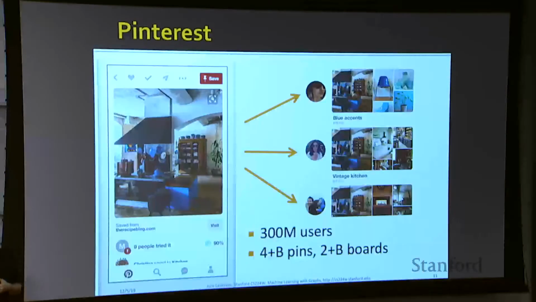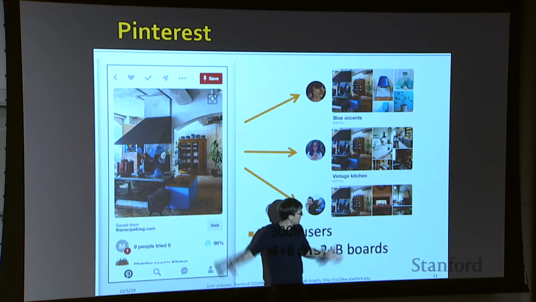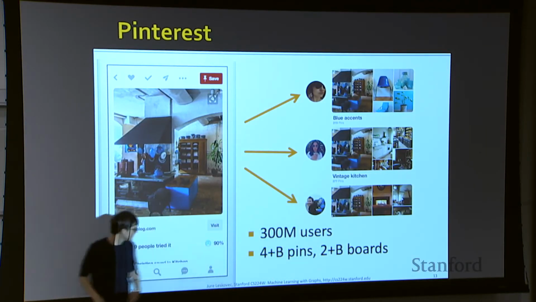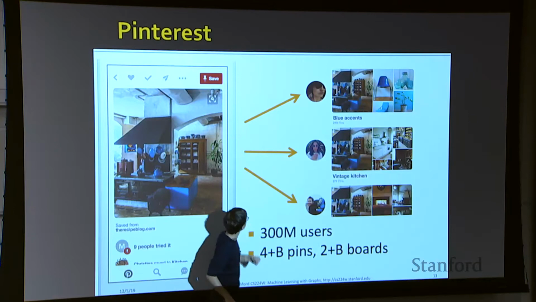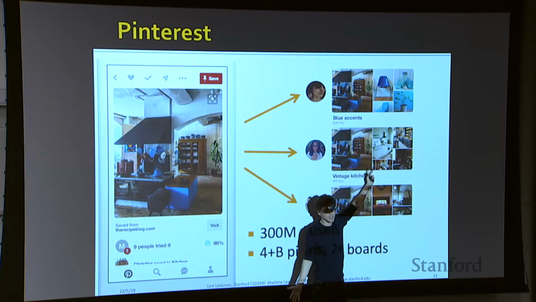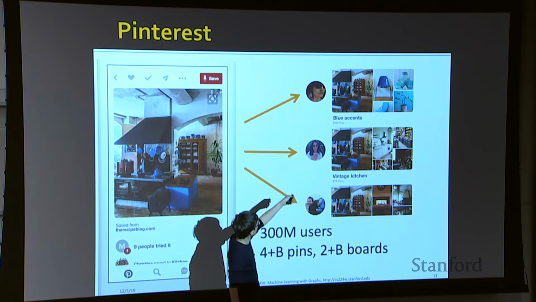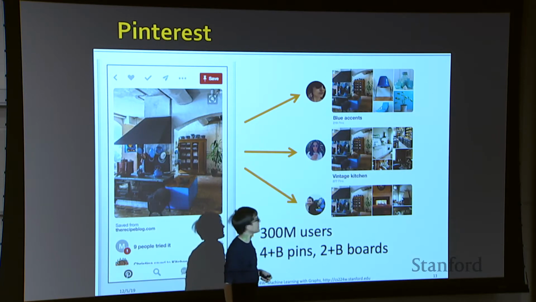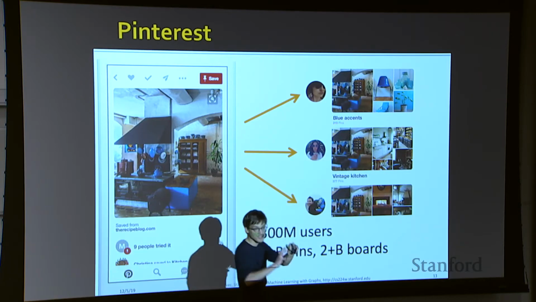In particular, the case study we look at is Pinterest. Pinterest is the app where people take images and save images, called pins, into collections. The beauty of Pinterest is that the same image can be saved by different users into different collections. For example, this person could take this image and save it into the vintage kitchens collection that they just created. And maybe this person up here is really crazy about architecture, where there are these blue accent details in the architectural style, right? So she created a board called Blue Accents, and she has 200 pins where there is some blue accent color